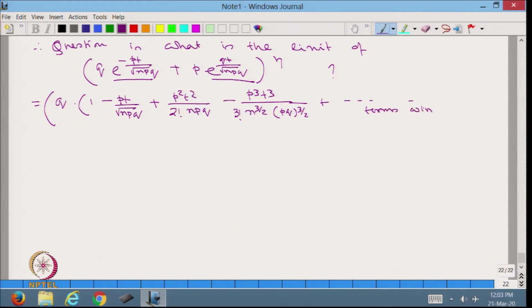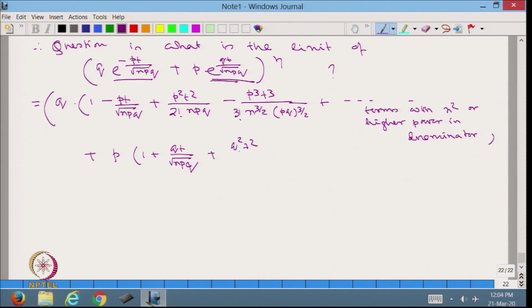terms with n square or higher power in the denominator) plus p times, now we are expanding this, (1 plus qt upon root over npq plus q square t square upon factorial 2 into npq plus q cube t cube upon factorial 3 n to the power 3 by 2 pq to the power 3 by 2 plus, like before, higher powers of n square in the denominator) whole to the power n, is equal to, now we are adding, so